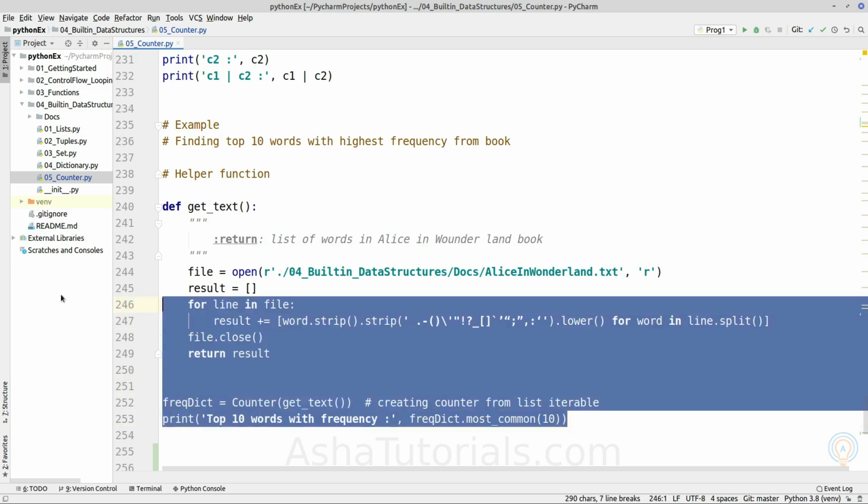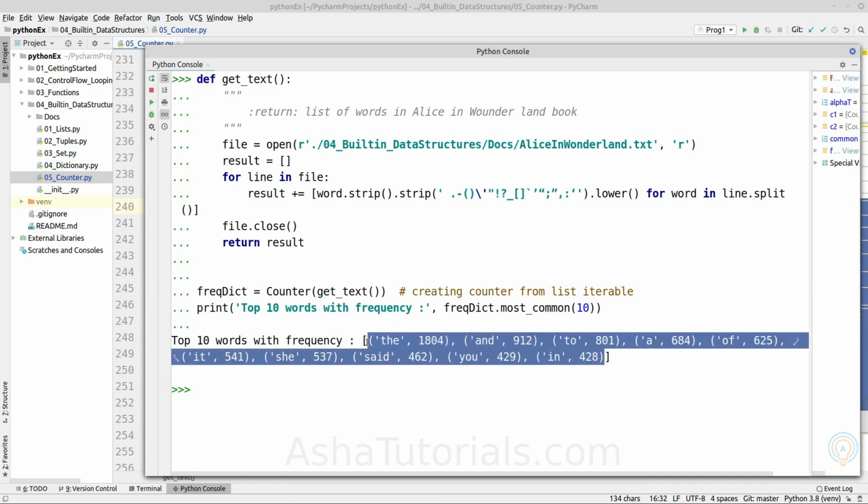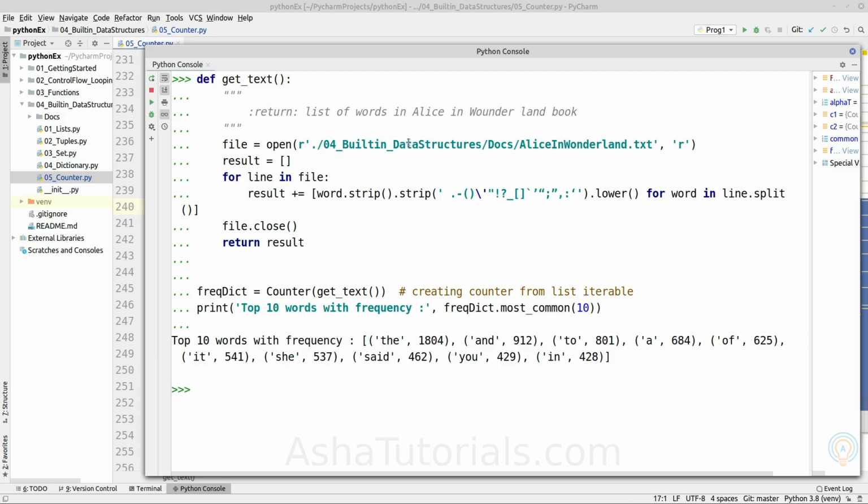So let's execute it. As we can see here, it is returning the top 10 words by their number of occurrences. So these are the top 10 words with their counts in the book which is passed to the given function.